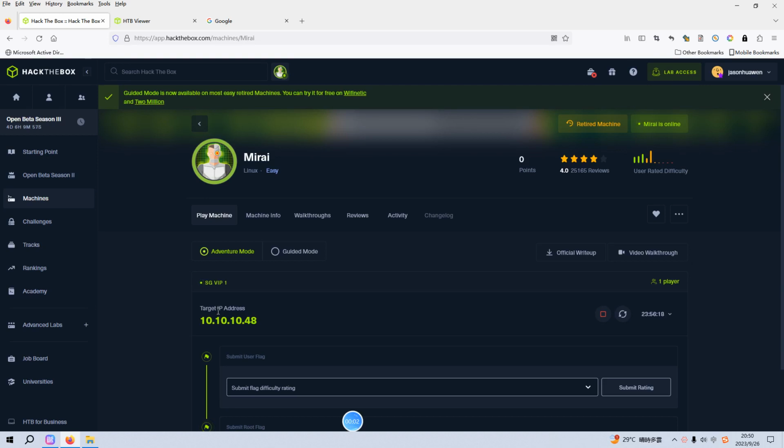Today, I'd like to do the machine Mirai on Hack The Box. I already spawned this machine earlier, and this is the IP address of the target. And I'd like to use the Pwnbox, which is the online Parrot OS provided by Hack The Box, to do this